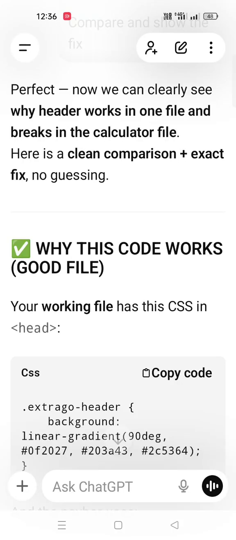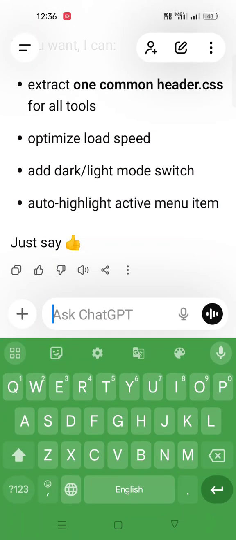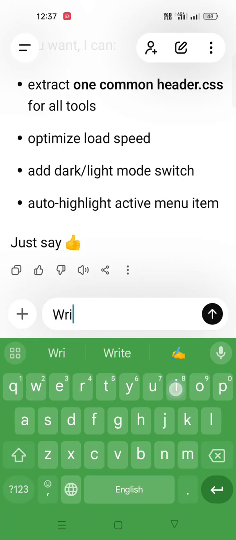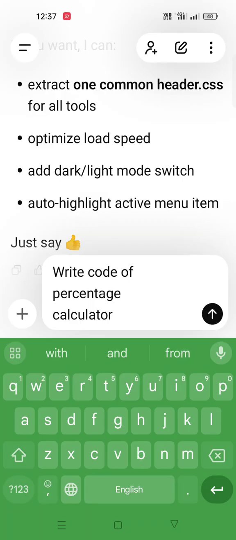So I will type a prompt here. Write code of percentage calculator for Extrago.